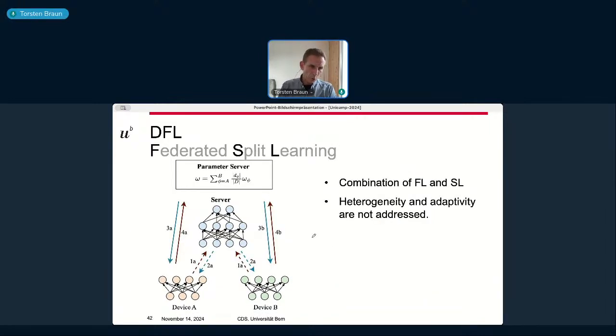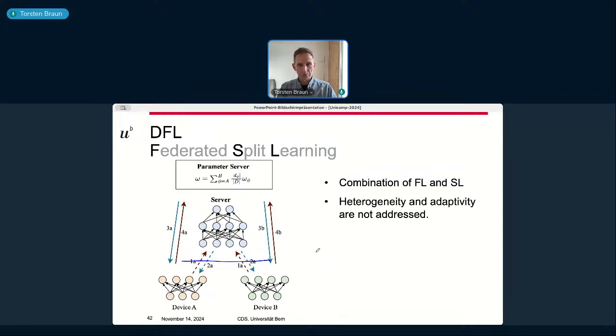This work also had some other work we compared with. Other people did this combination already before. This work was called federated split learning. But again, that work always had the same split point for all the devices. So in this work, heterogeneity and adaptivity, for example based on the current network conditions, was not addressed. We extended that work considering the heterogeneous devices we might have in a scenario, but also the adaptivity, mainly because of